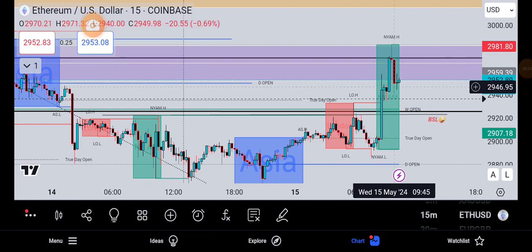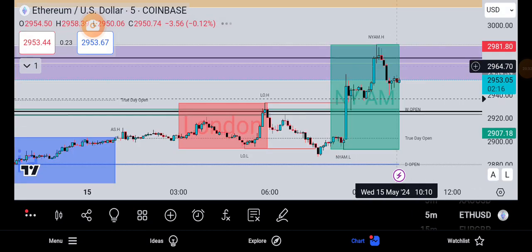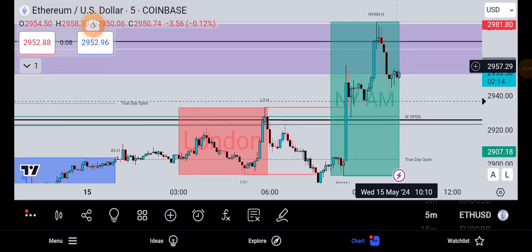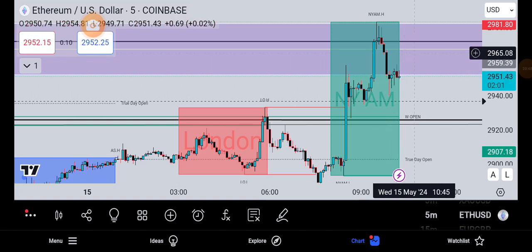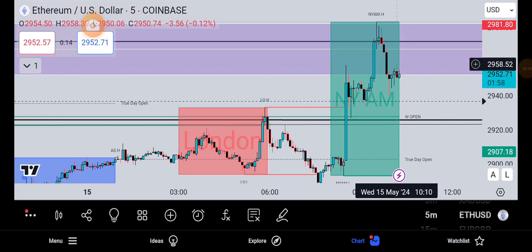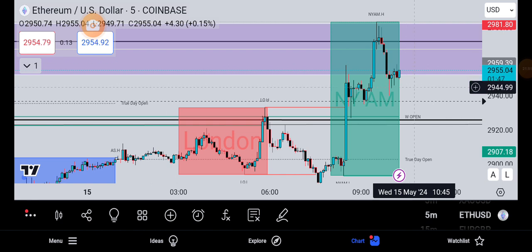We have a fair value gap that is overlapping with this other fair value gap. So this can be a balanced price range, and somehow we can also see below here we have this 5-minute fair value gap that has already been tapped into. We have not yet seen the 15 minute fair value gap tapped into, but we'll wait and see. And if it's tapped into, then I want to see a sharp reaction of that fair value gap going lower.